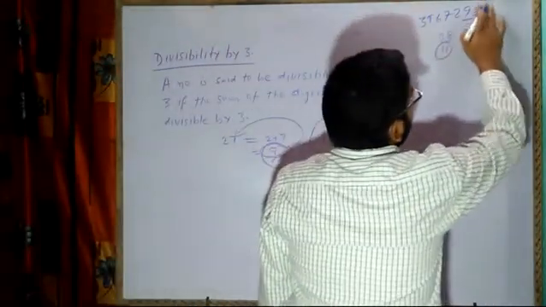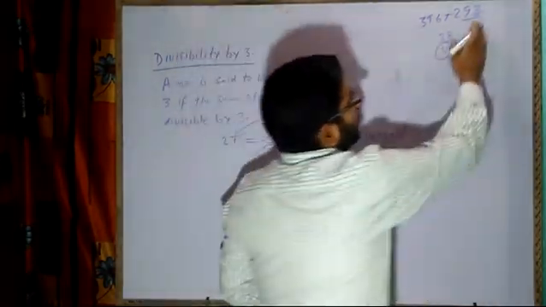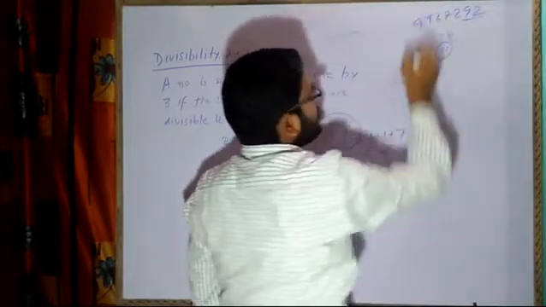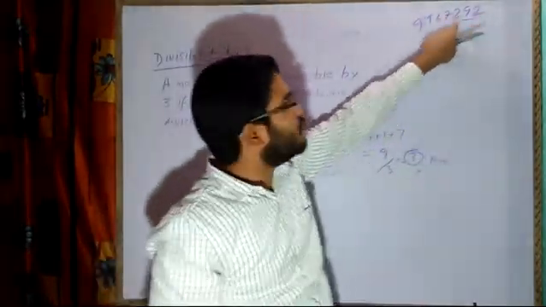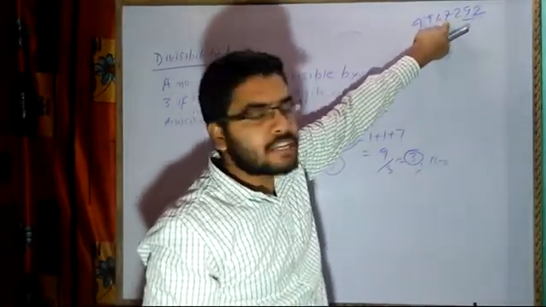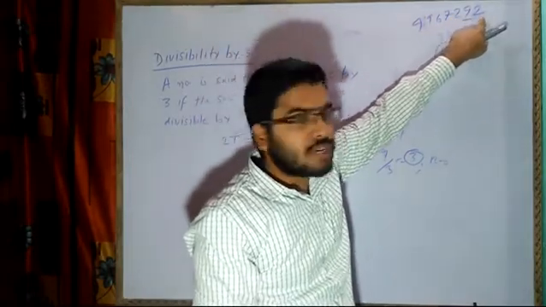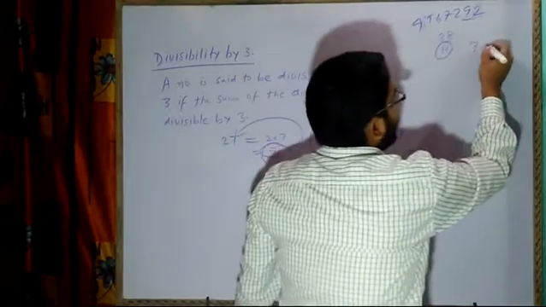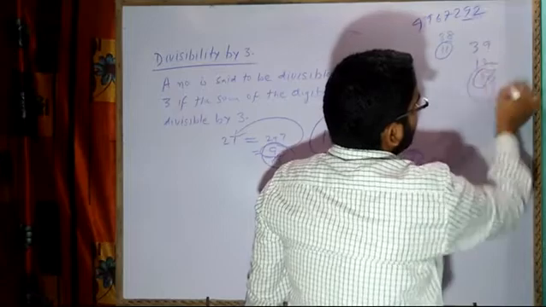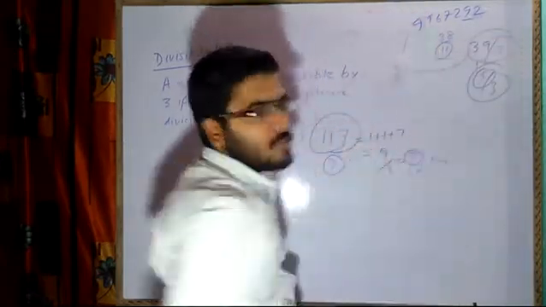Now, if instead of 2 I write 3. No need of writing 3 here, I will be writing 2 here. Here, I will be writing 4. Okay. Now, we will see. 9 plus 4, 13. 13 plus 6, 19, 19 plus 7, 26, 26 plus 2, 28, 28 plus 2, 30, 30 plus 9 is 39, 9 plus 3 is 12, 2 plus 1, 3, so 3 is divisible by 3, so the entire number will be divisible